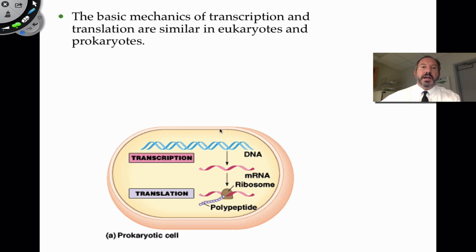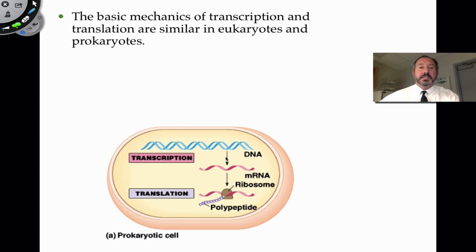So the basic mechanism in a prokaryote, for which our understanding generally in biology came from, I find very fascinating, is that our understanding of the molecular basis of genetics comes a lot from microorganisms, and so prokaryotes are very, very useful. And so it's very simple. The mechanisms are similar between bacteria and our cells, or any eukaryotic cells. Of course, there's a lot more detail, but the basic mechanism is similar, meaning that transcription is the making of RNA, and then RNA will then be translated into a polypeptide.